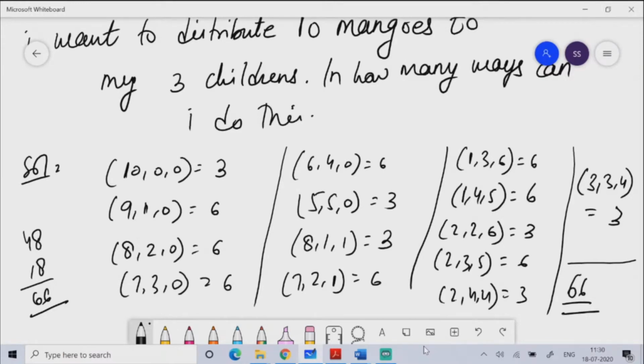Now imagine if I don't write 3 here and I write 10 0 0. In how many ways can I do it? It can be 10 0 0, or 0 10 0, or 0 0 10. Then if I think about all the 6 cases of 9 1 0, I hope you can understand. If you start considering all the 66 options and plotting them, your whole exercise will become very cumbersome. So here the application of permutation combination comes.